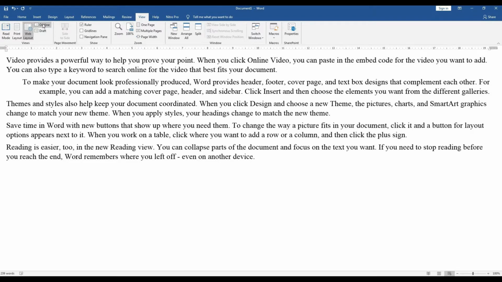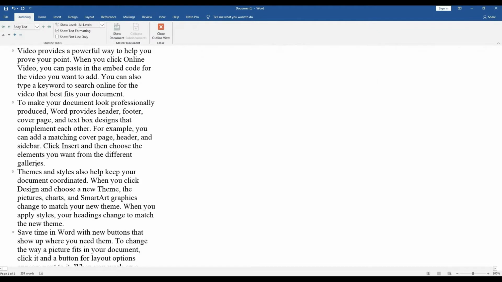Students, next option is Outline View. Now I am going to press the Outline View. You can see this view is used to create, view and edit outlines. Now if you want to close the Outline View, click on Close Outline View.